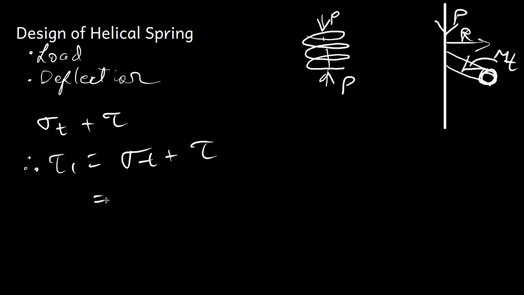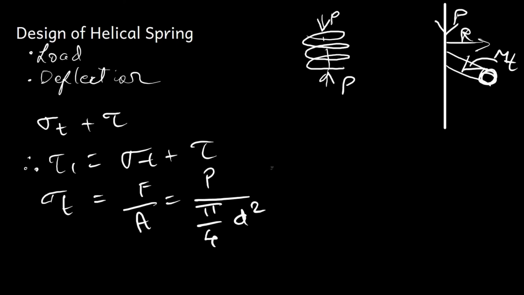Now the tensile stress is nothing but force upon area, which equals the force P divided by pi by 4 d square, where d is the diameter of the wire,